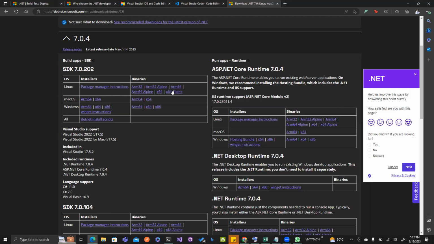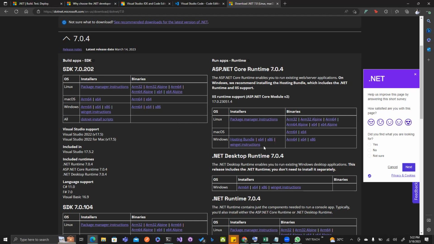So after installing .NET on your PC, installing the IDE or code editor, then installing the SDK on your PC, the next thing you need to do, if you're using Visual Studio, which is the IDE, you don't need to really bother about this because most of these extensions are already built into Visual Studio. It's built basically for when you install the workload, which is ASP.NET, it's built basically for that development.